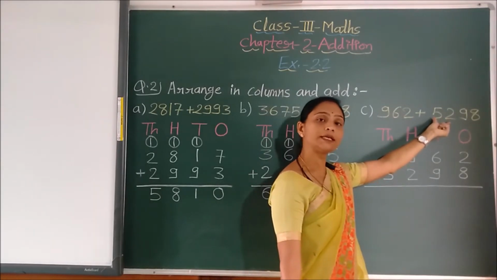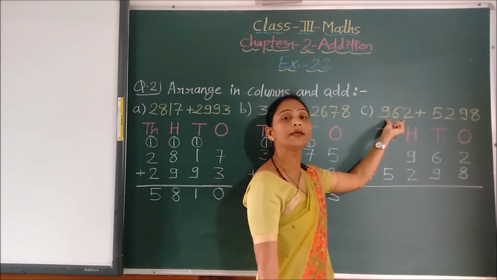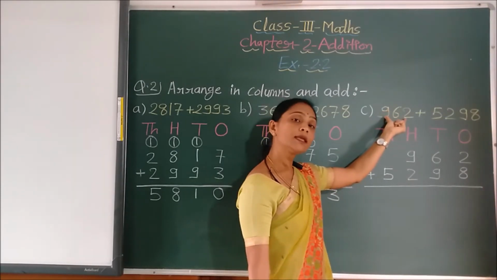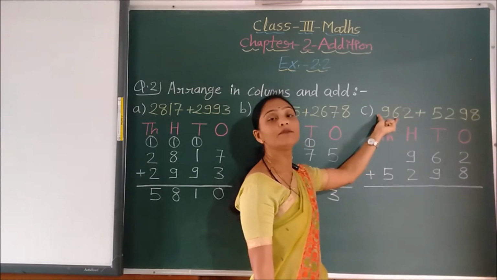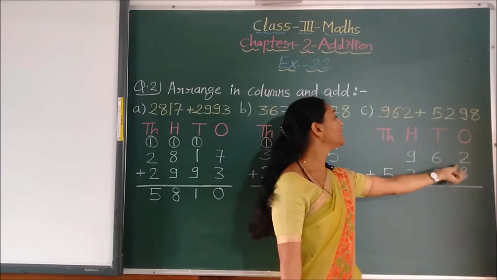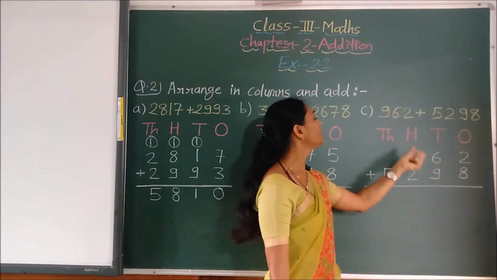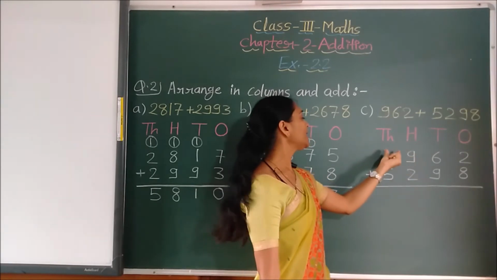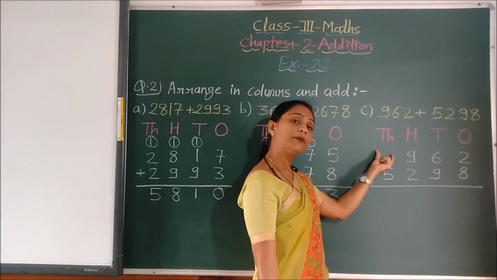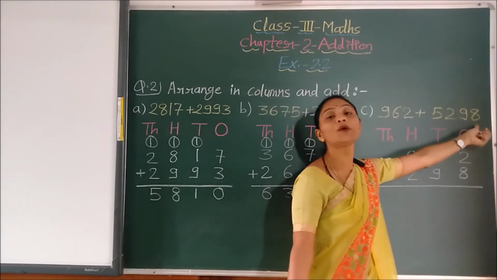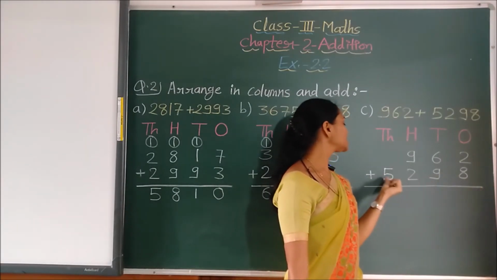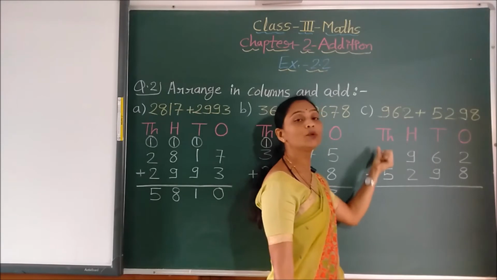So when you are having this type of number which is having less number of digits, you have to arrange it very carefully. You have to arrange this number always from the ones place. See, you will start arranging this 2 on ones place, then 6 on tens and then 9 on hundreds place. Which less digit is there? That is thousands place digit. So we have to leave this place empty. Now this is having all 4 places. So we have to arrange all 4 places from ones till thousands. So this arrangement you do carefully, children.